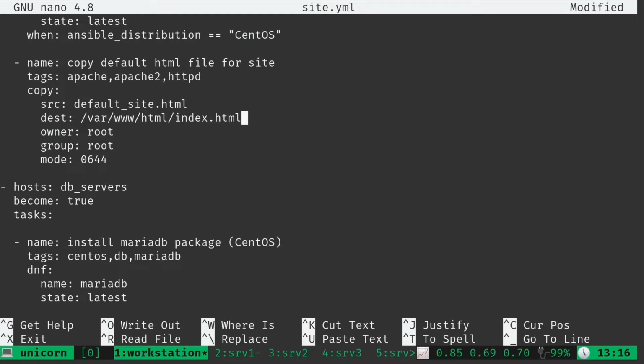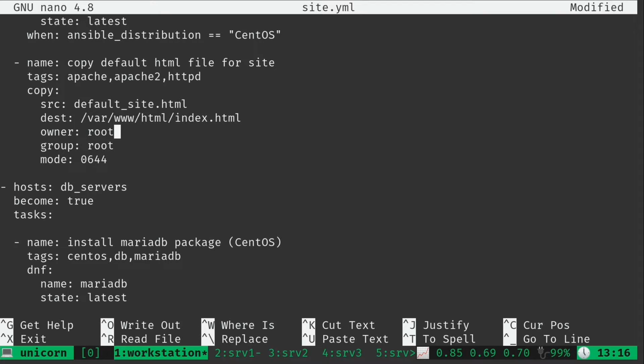Having a different source file name and destination file name is also useful if the destination file is a hidden file. We may not want that file to be a hidden file in our repository, and if you didn't already know, files that begin with a period are hidden in Unix and Linux. That just makes it easier for us because we don't have those files hidden in our version-controlled repository, but maybe the destination file is actually hidden, so we need to include the period there. So there's all kinds of useful things that we can do with this in the naming, but essentially we need a source, which is going to be in our files directory, and then we need a destination